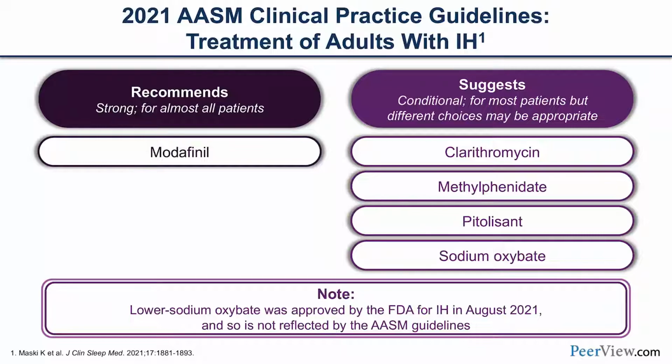We have other drugs that had conditional recommendations from the American Academy. They're not approved by the FDA, but they inhibit GABA. One of those is clarithromycin, because some people, when they take clarithromycin, it's an antibiotic, they have insomnia. It inhibits GABA. So we have GABA inhibiting drugs. And there's a little evidence about pitolisant currently being studied as a possible but not approved.